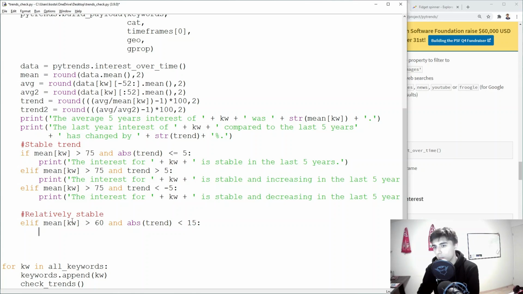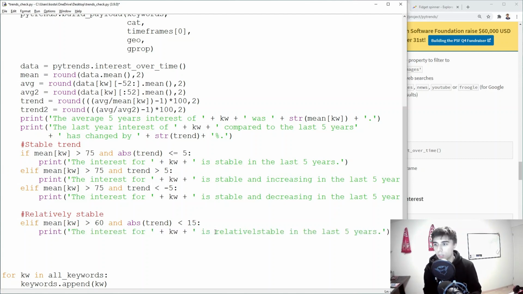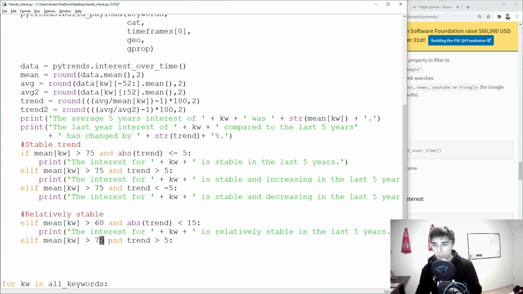But let's say that this was, so we had quite high interest, not very high, but still quite high. And then there was not a lot of change. So we can say that the interest, so what we had here, right? So we can have more or less the same, we can say relatively stable. So not that high increase or high decrease. Don't forget, we're comparing 1 year to the average of 5 years. Now, if we take the next part, you can already see how it's evolving. So we have 60 and the trend is greater than 15. This one should be lower or equal to 15. So if it's greater than 15,